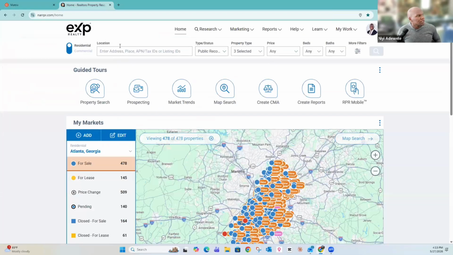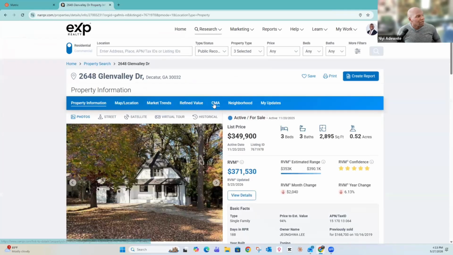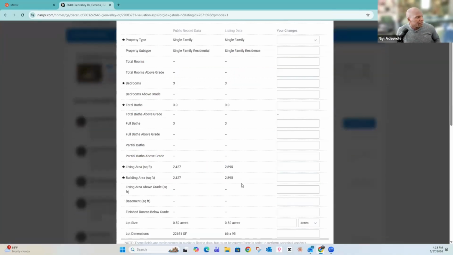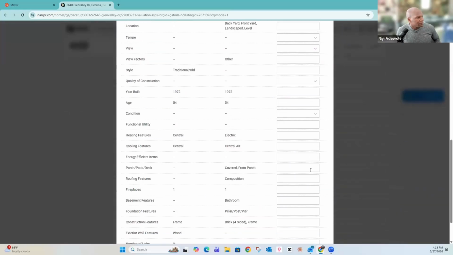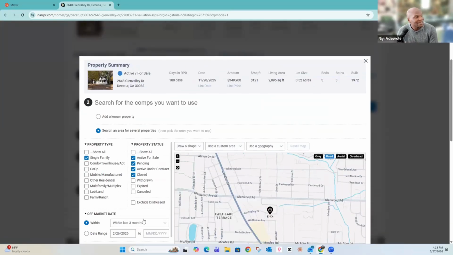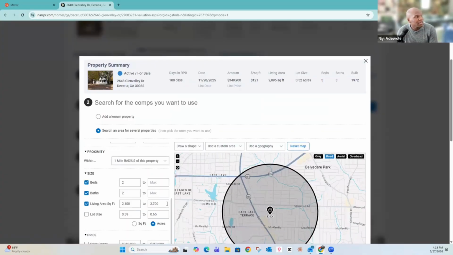Let's pull this. We use a system called NARPR, which is available, I want to say in most states, but this is how we go about running CMAs on properties that we want to purchase for rehab or for BRRRR. Now this one, full transparency, is not going to have a lot of rehab on it, right? Because this is mostly cosmetic, but I'm still going to run a CMA just so you can see how we do this. So it's a 3-bed, 3-bath. They've already updated the square footage to 2895. Yep, 2895. It's got one basement, 0.52 acres. Okay, so we're going to confirm those facts. We're going to find some comps, and we want to first start really tight. So within the last 3 months is where we're going to start, and within 1 mile is where we're going to start, and then we can expand out from there.